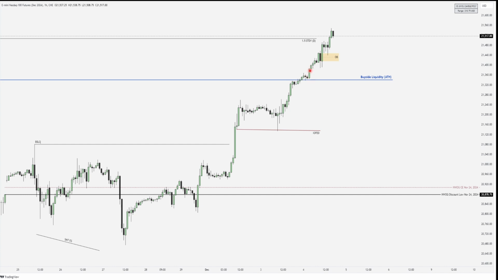The market then expanded higher, came back down, not trading down into this gap. I was considering the fact that price could have dipped deeper into this 1 hour fair value gap. It didn't. Market then expanded higher and started to accumulate, went back down into the order block, and then really expanded higher going into the close.